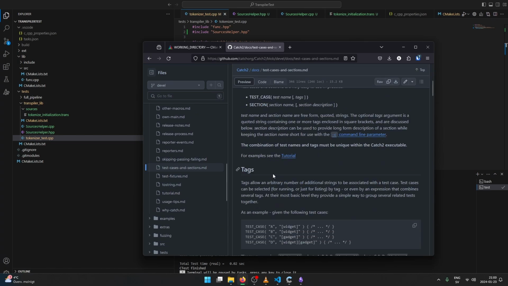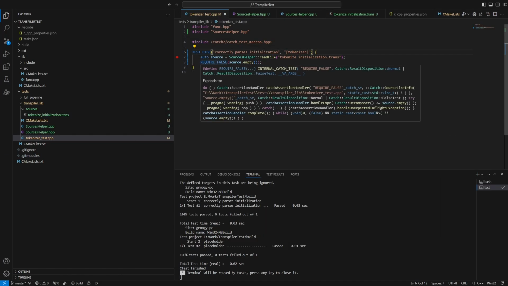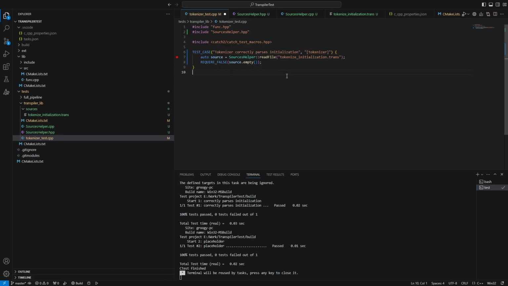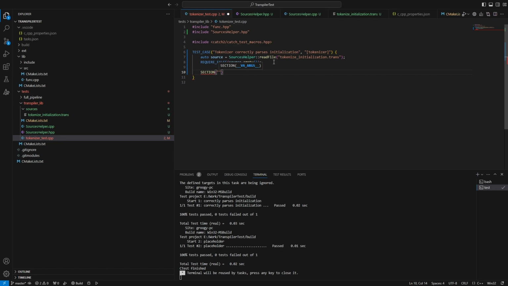Test cases and sections. Here we go. So we have test name tags. Okay, so I probably want to do tokenizer correctly part there. So this should work. And then we can do a section. Tokenize. I wonder how this will be read. We'll get a list of 3 tokens. Wait,